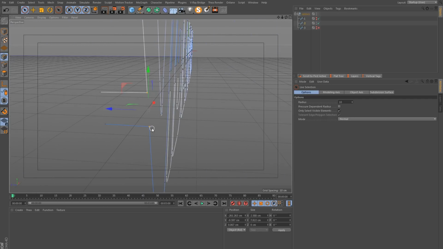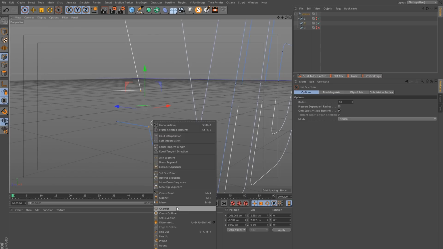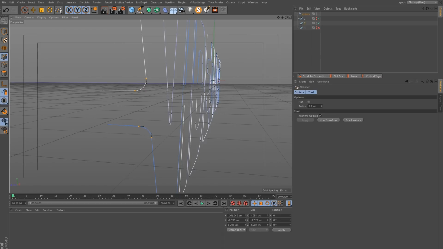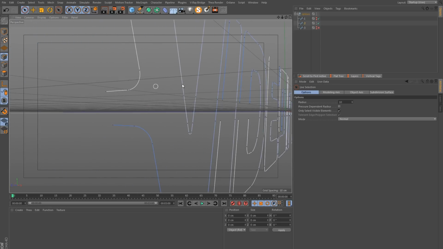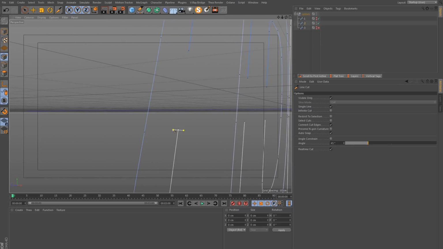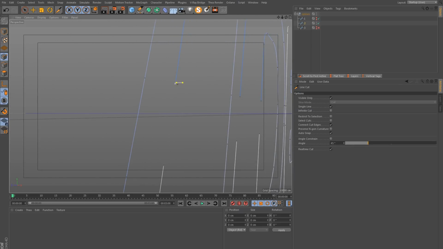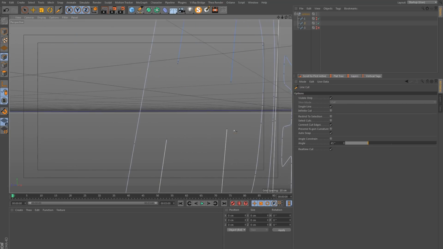And then you would select the corners, right click and chamfer again. And just measuring by eye, a radius of about 4 will work here. And of course, you know, if you want this to be the same radius across the rest of the letters, you might do this process in chunks. So start by making all of your cuts and then kind of come back and move the points back at the same time.